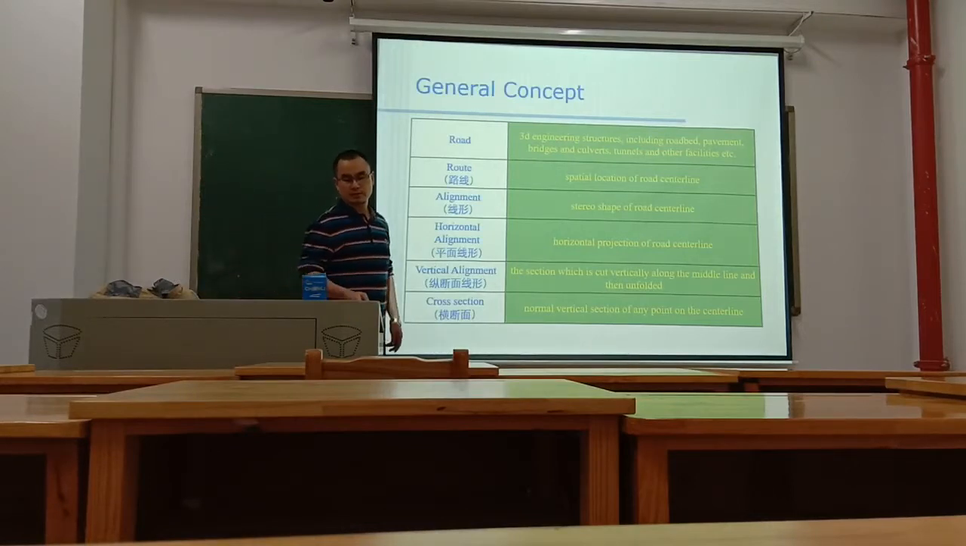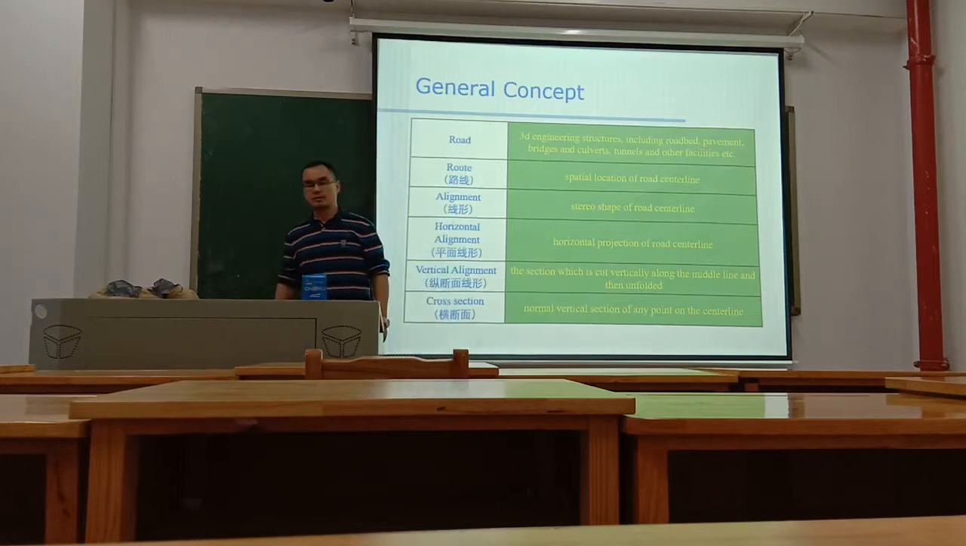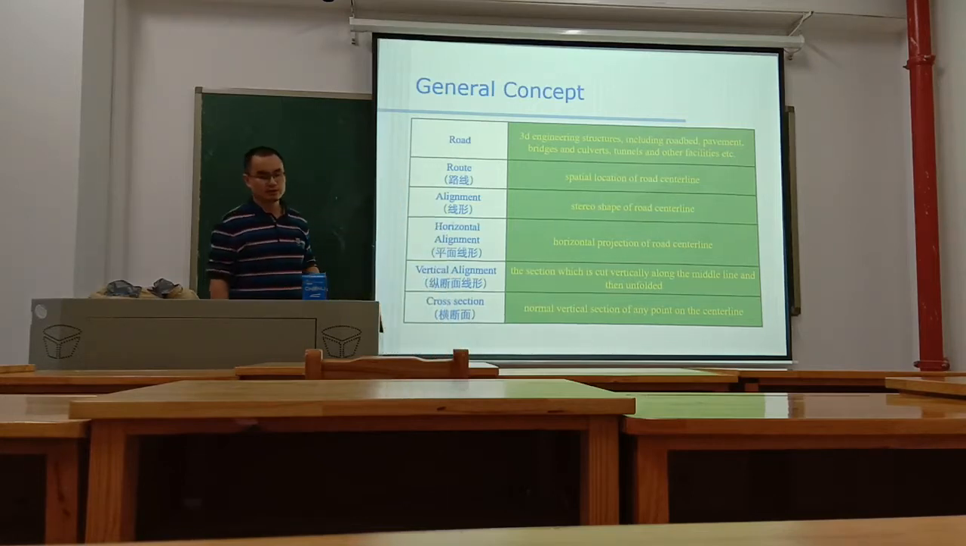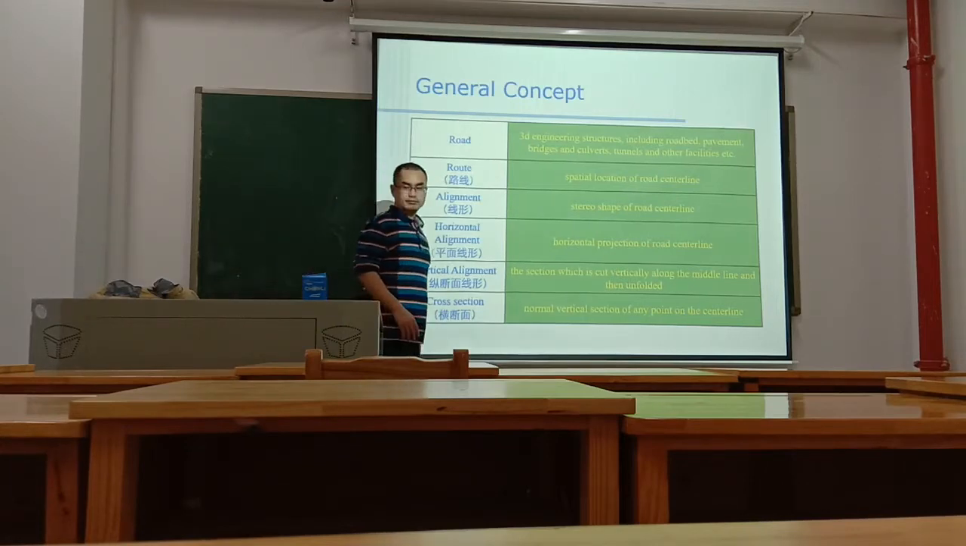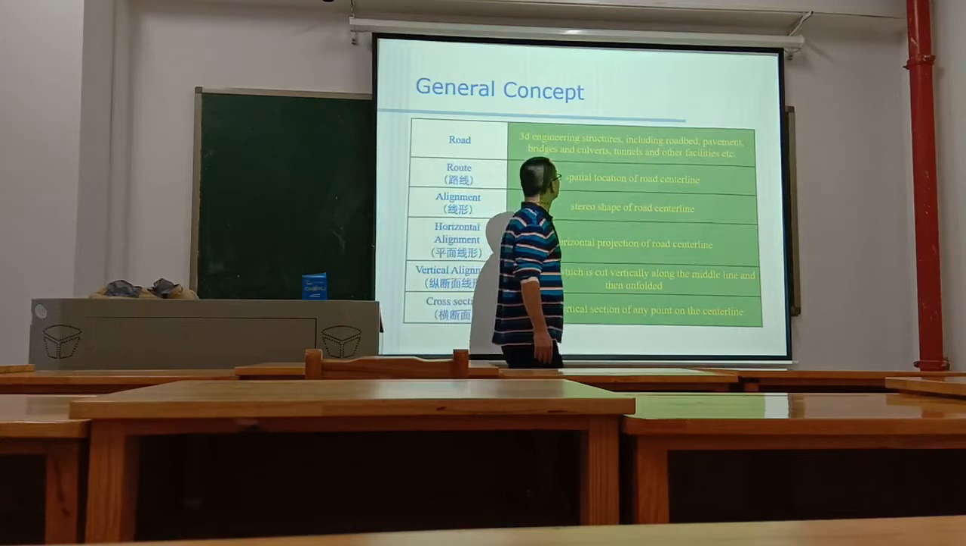Firstly, we'll study some terms. What's the road? What's the route? What's the alignment? What's the horizontal alignment? What's the vertical alignment? Cross section. Road. Road is